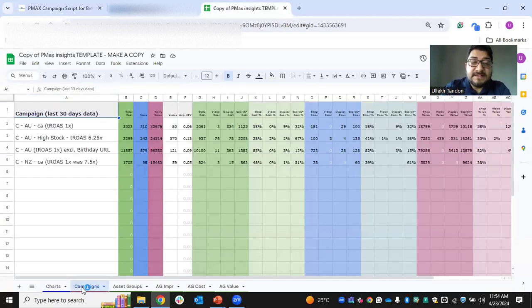Then on the second tab, we have the different types of campaigns that are running. And over here, you will gain insight into the metrics being captured. For example, the total cost incurred for this campaign, the conversions, the conversion value, the number of views you have got for this campaign, the average CPC, the cost, the shop cost, the video cost, the display cost, and there are a lot of other metrics that we have included